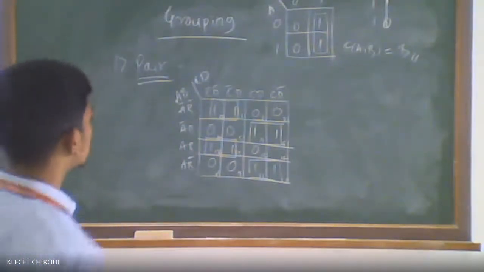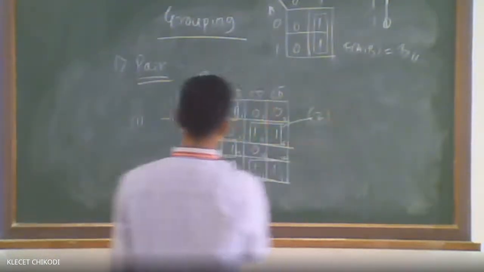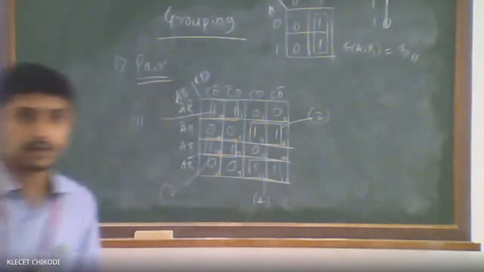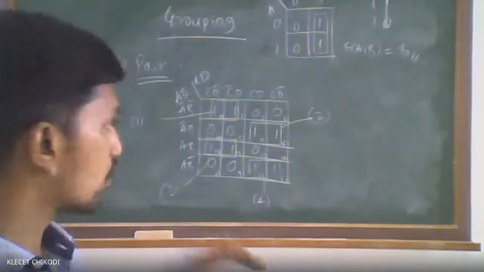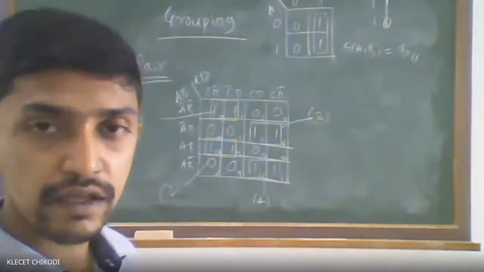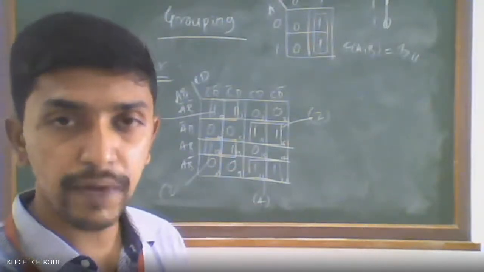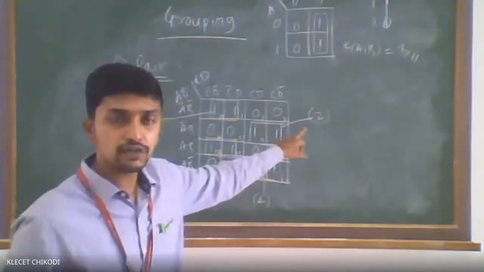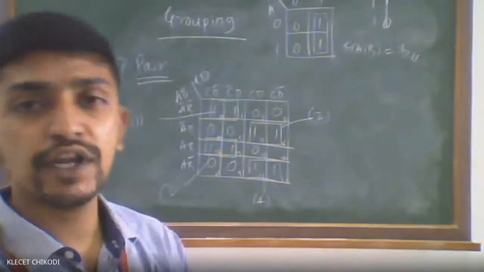After that, we just name them. So this is the first pair, second pair, third pair, fourth pair. Okay? Better you name them. Why you are naming? Because once you write the expression, when you are reading, you will not get for which pair what expression you have got. So better you write the pair numbers here, and according to the pair number you write the expression. While reading also it is very convenient for you.